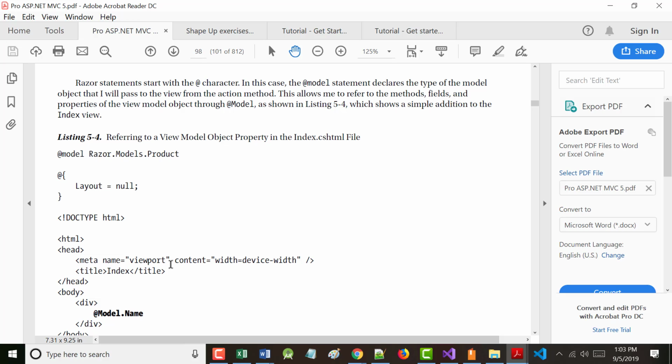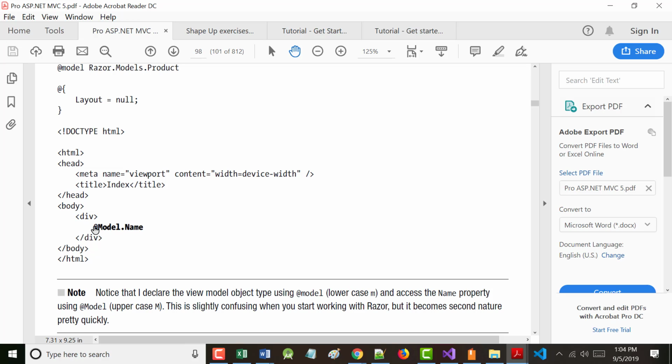We're saying we want to associate this view with a particular file in the models folder, that being the product.cs, meaning that it's strongly typed to that particular file in the models folder. That's not exactly what the author says, but you can read what the author says. I'm just trying to put it in a way I hope everybody will understand.